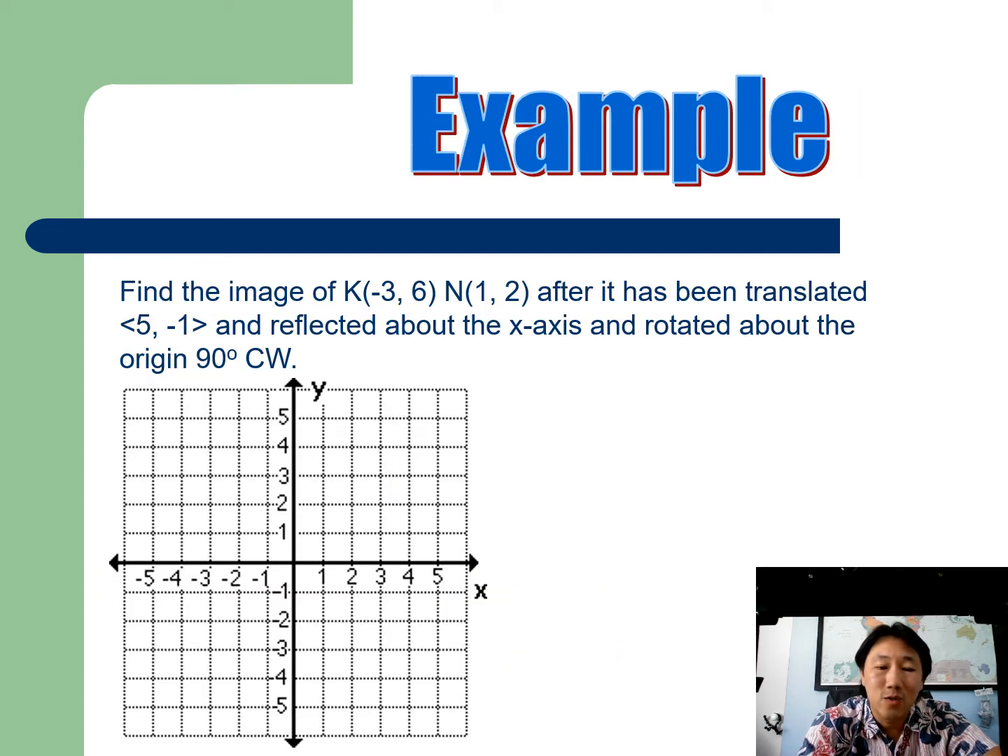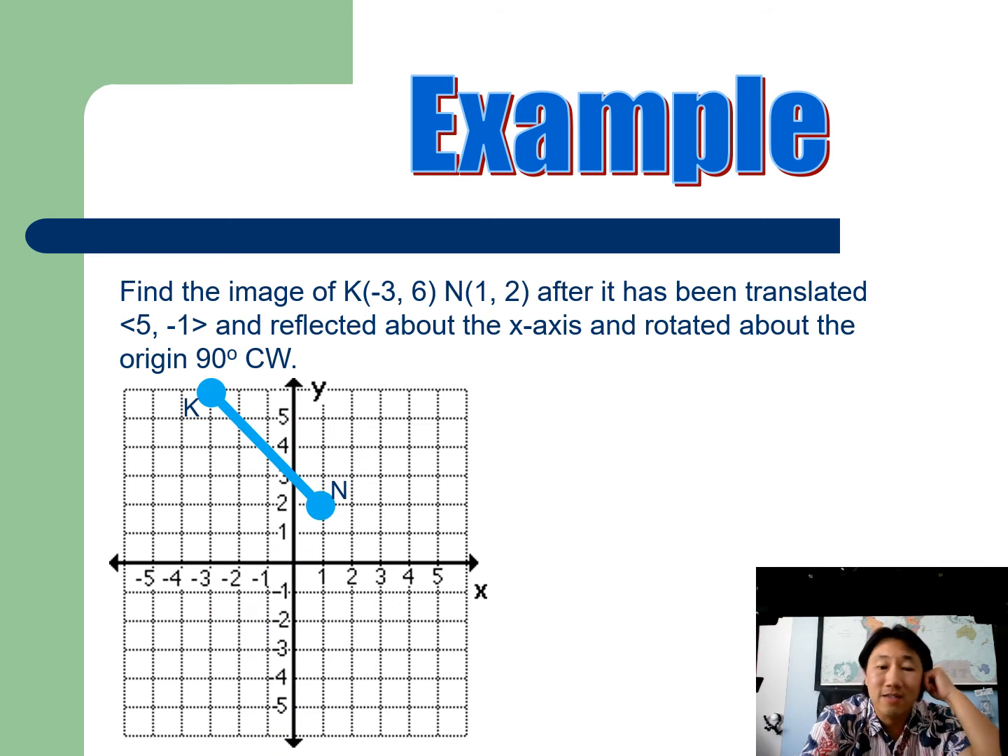All right, let's do an example. And it's actually the last example that we have. It's a very short lesson, just because it's kind of a review of all the lessons together. It says, find the image of K, -3, 6, and N, 1, 2, after it's been translated, reflected, and rotated. All right, so a few things happen. Let's go ahead